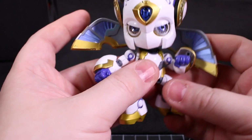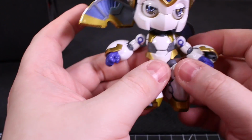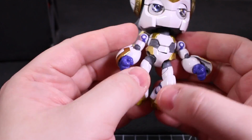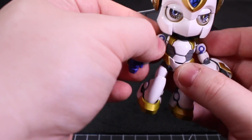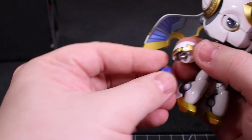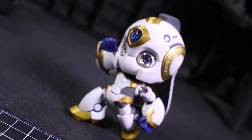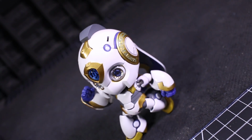But, as something that I could say is maybe a bit of a prototype of that upcoming MDLX Mega Man, as far as a smaller MDLX, there's cool stuff going on here. Dango is just, I think, the limit of how small the MDLX idea can go right now. Everything is so small that even though it's solidly built, it all feels like it's at its limits. My simple human strength with my thumbs occasionally bumps a hand off. My attempts to pose the thing get counterbalanced by the size of the head, etc. So, still very cool, but Mega Man having a smaller head makes me more confident how that smaller MDLX is